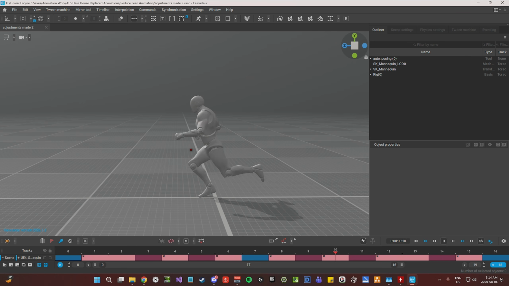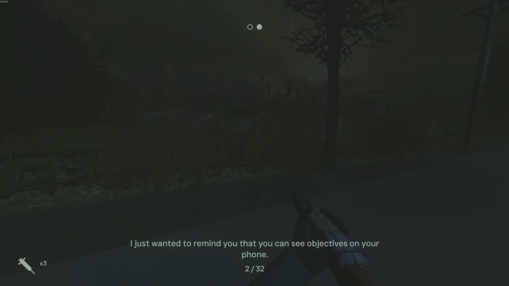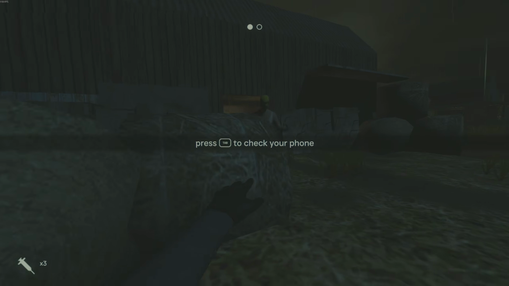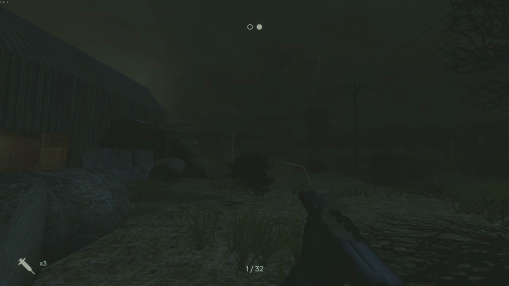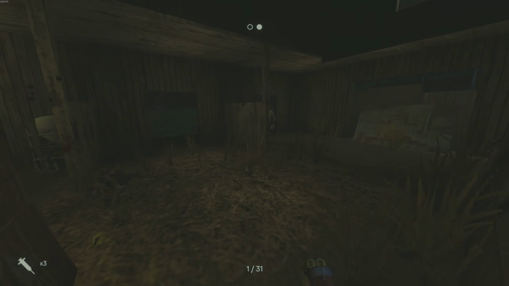There's a mocap method in Unreal Engine 5.8. So I got this running animation, I mocapped it, and then I had to adjust it. This is the adjusted version. Now I'll show you the unadjusted version. So what we're going to need to do is open up a fresh